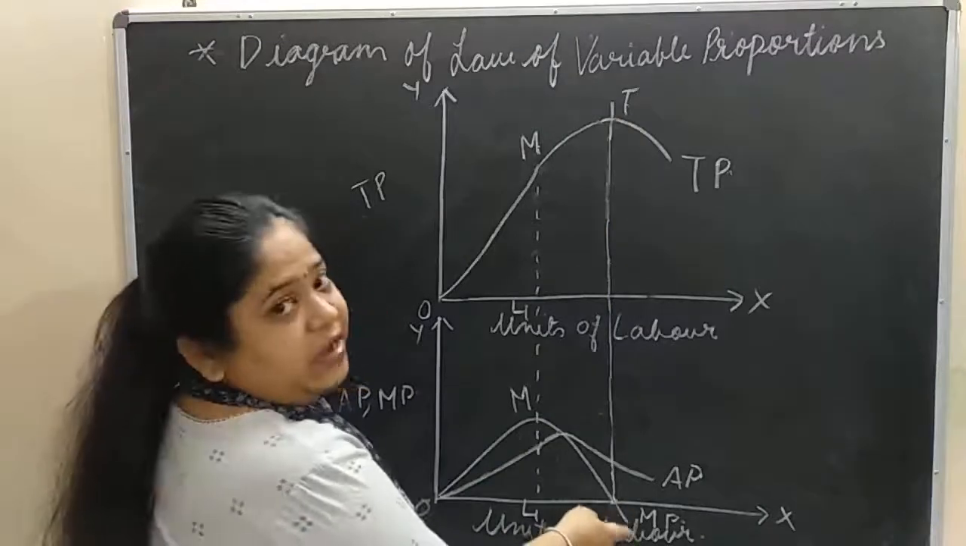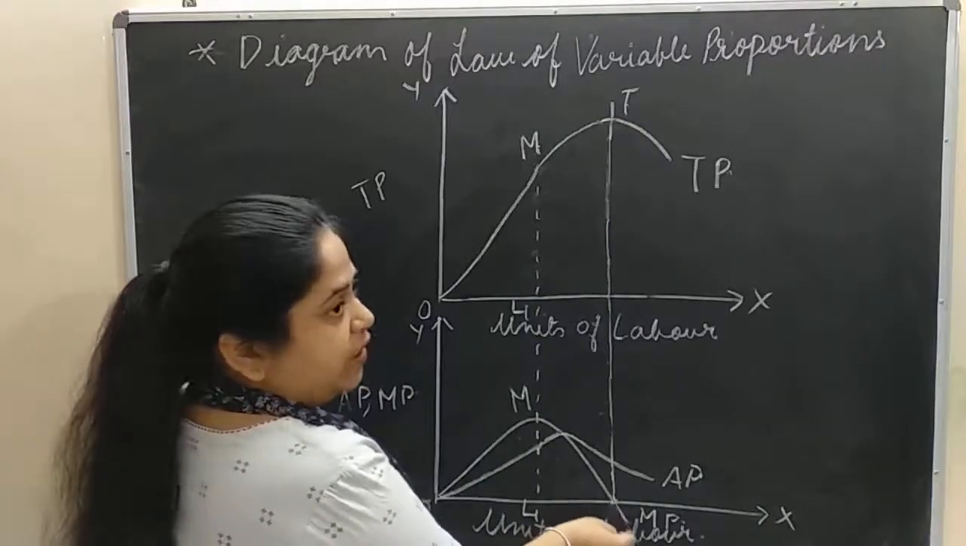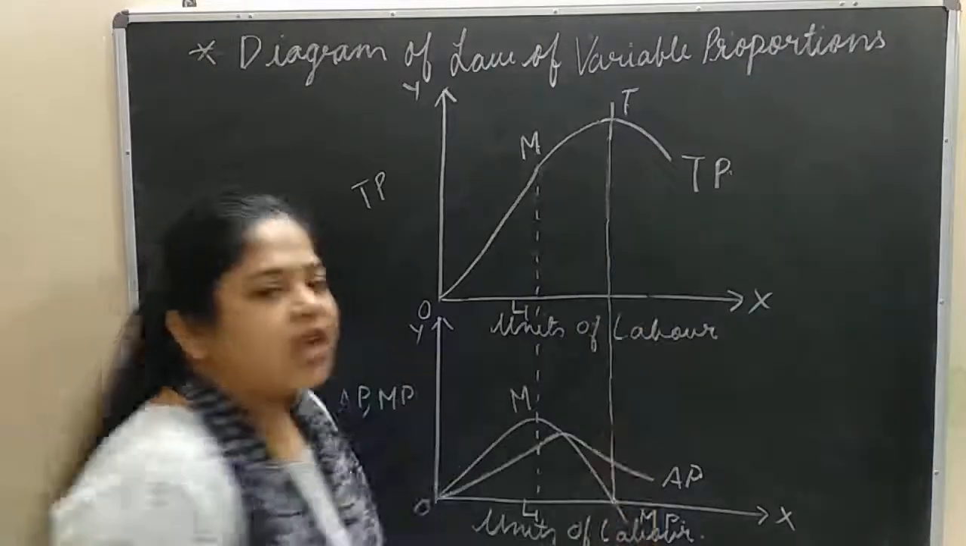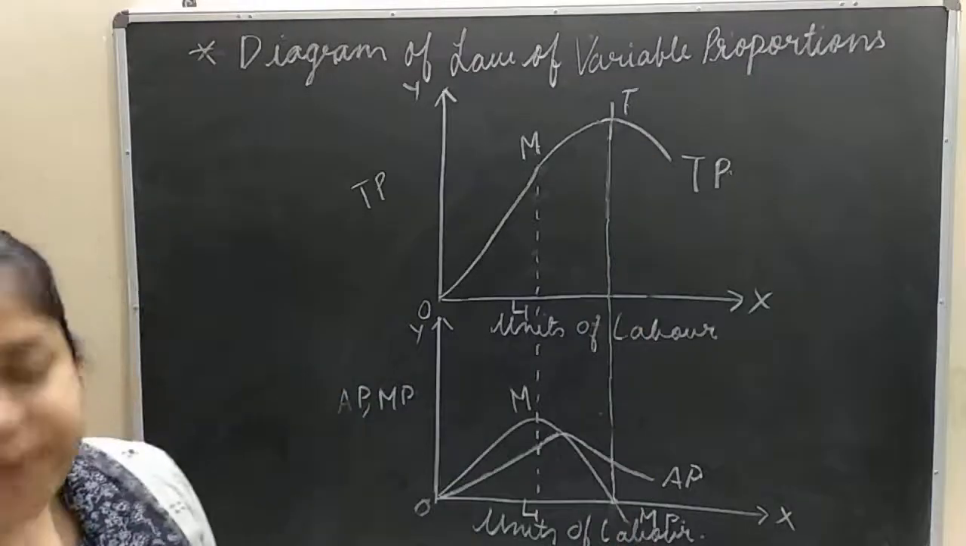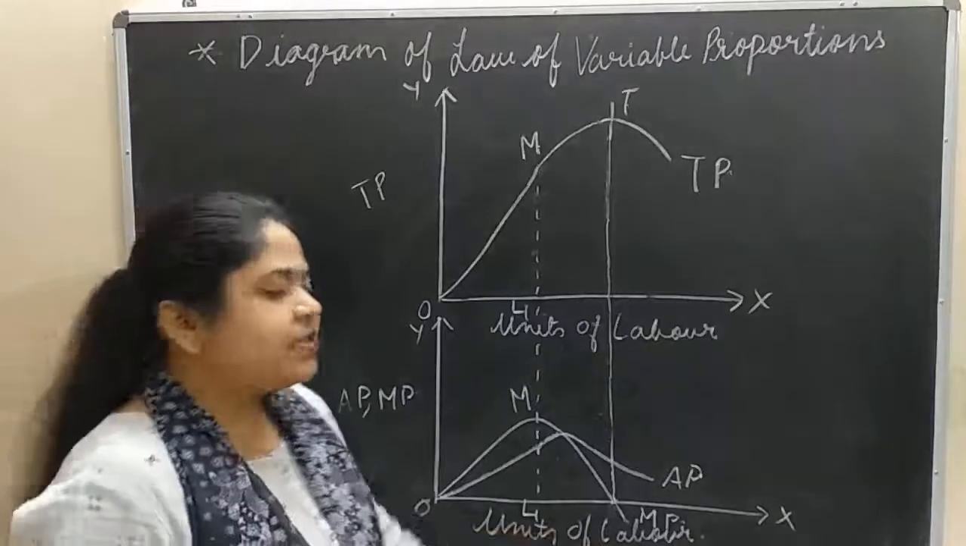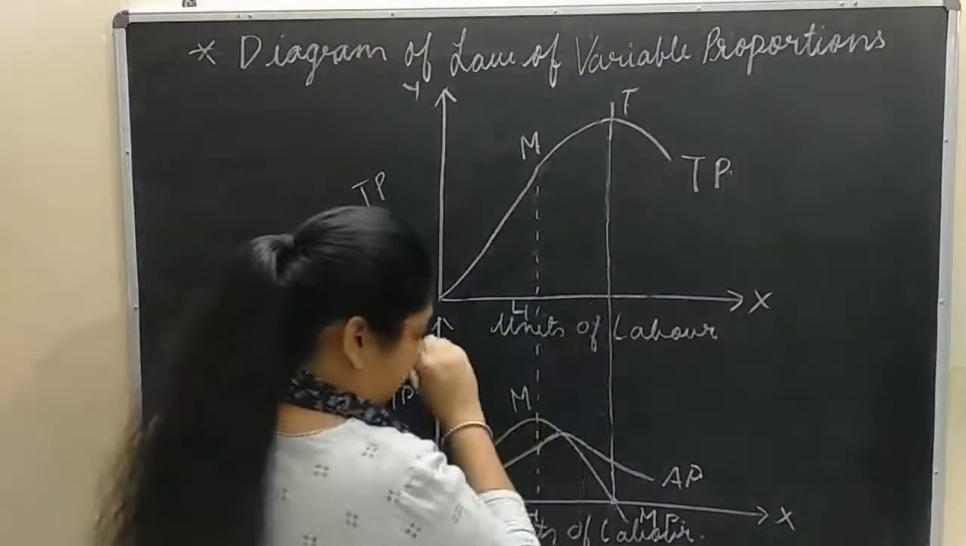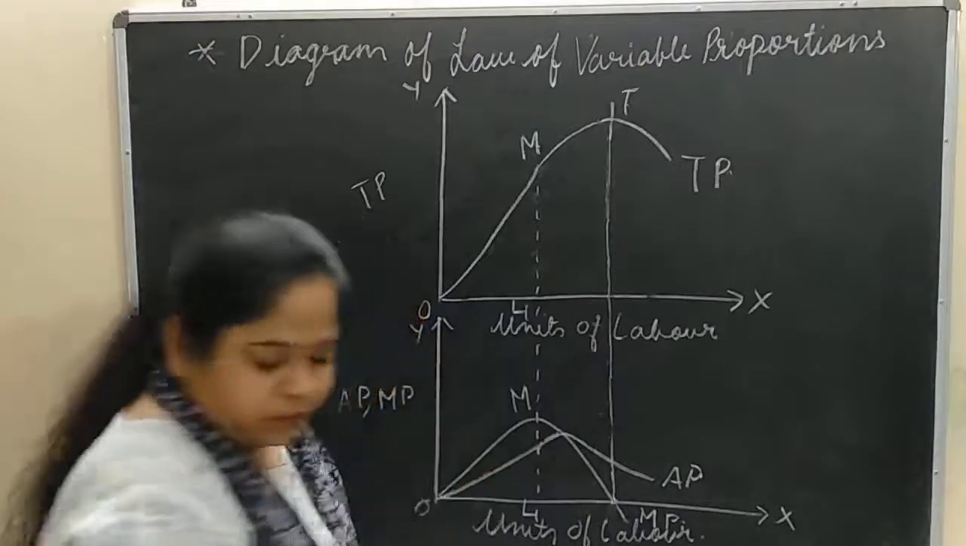When MP is negative, this point is showing negative MP. When MP is negative, TP starts falling. This is L1. Now,